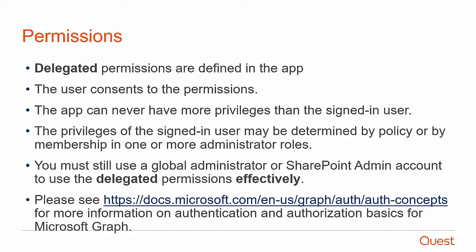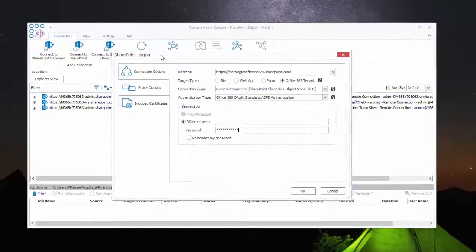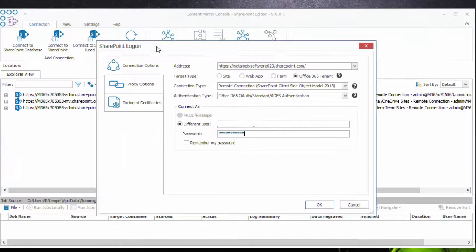And you can look at the URL that I've included here for more information on authentication and authorization basics for Microsoft Graph. So here you're looking at the SharePoint logon screen,